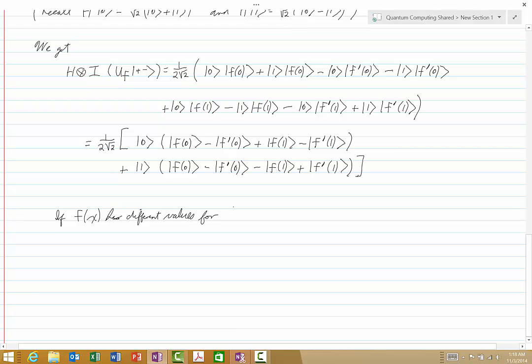If f of x has different output values for different input values of x, by which I mean f of 0 is not equal to f of 1, if that's the case, then this term that we have just evaluated